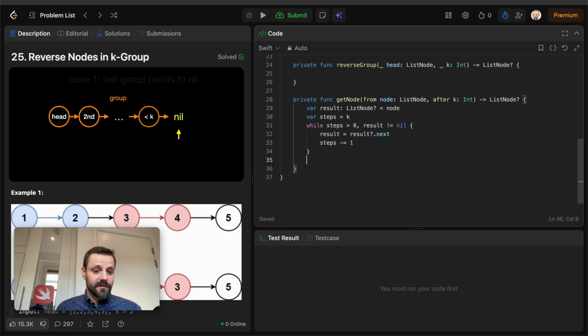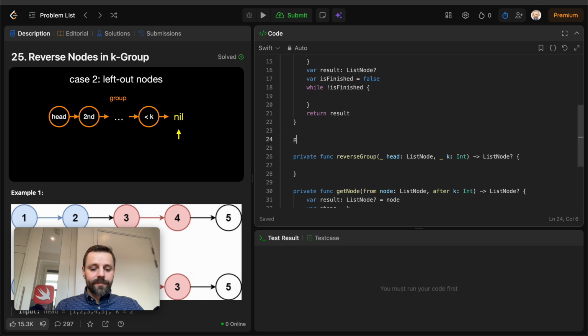Another case is when we don't have enough elements in the list for a group. It means that we are going through these left out nodes, and in this case they should stay in place as is. So I would suggest to create an error for this case, some enumeration like node error, compatible with